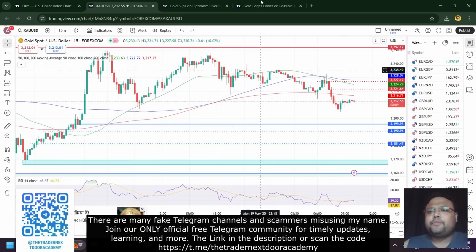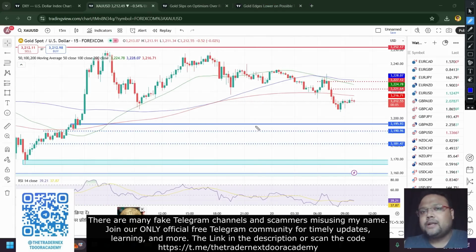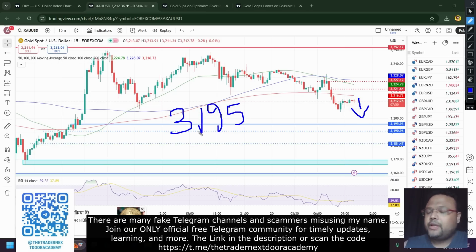So where are the next trading opportunities then? Whatever we have on the chart right now are strictly for day traders only, because for swing traders and position traders we need a direction which we don't have right now. So we are on a 15 minutes chart. During the day, if market drops, the first support is around the 3195 area. Around 3195 you can expect a bounce of 40 pips.